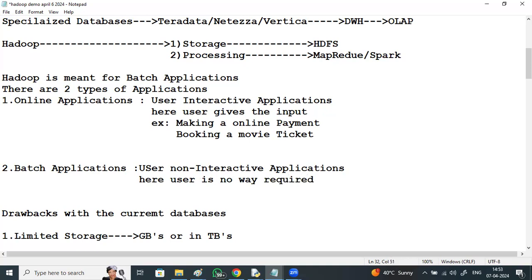Most of the banking applications or financial applications are batch applications.